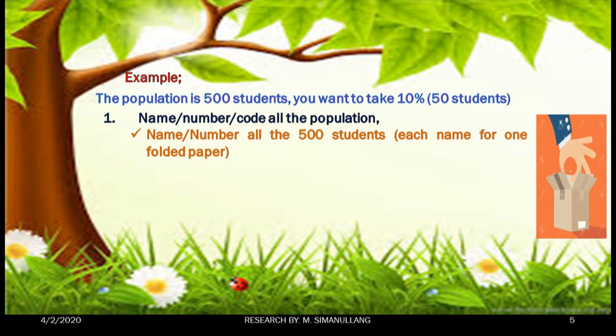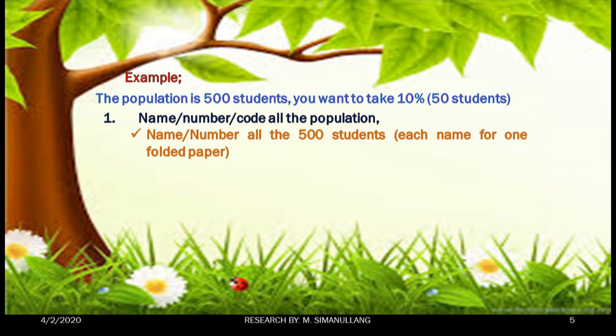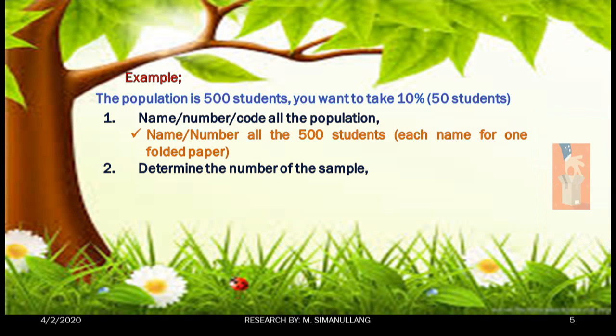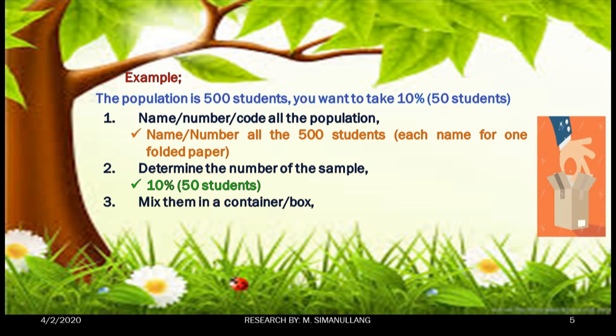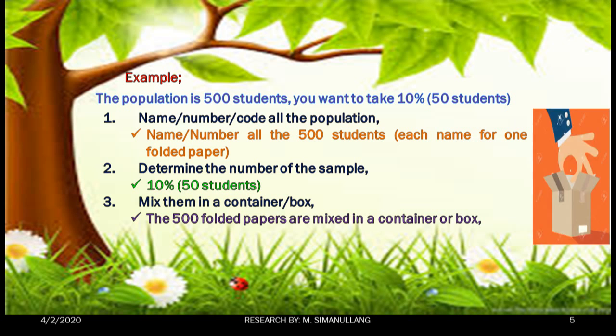It means each name is on one folded paper, because the 500 names of the students will be mixed in a container or box. Determine the number of the sample. In our example, we will take 10% or 50 students from the population, and now we mix the